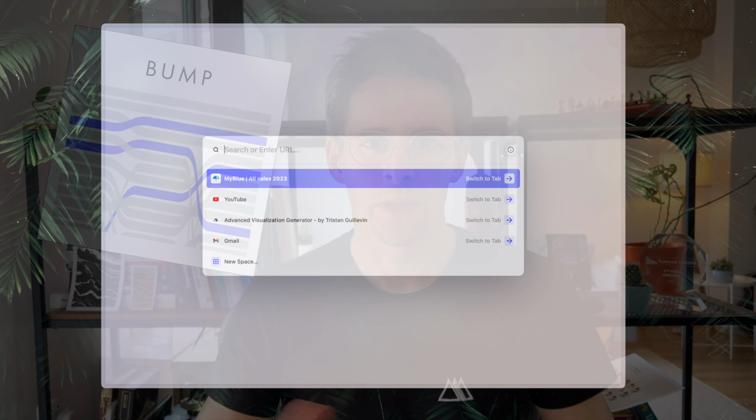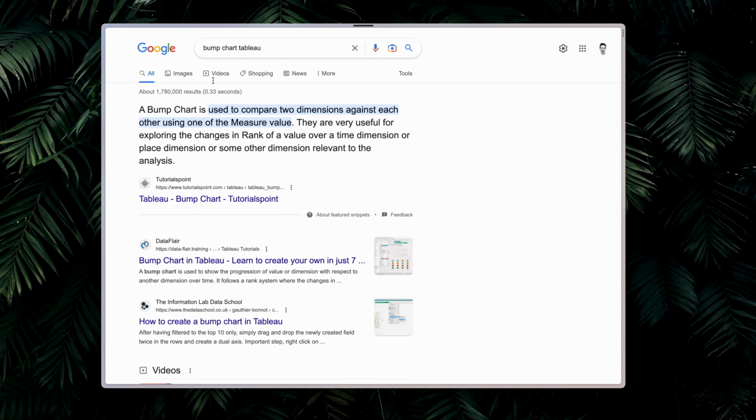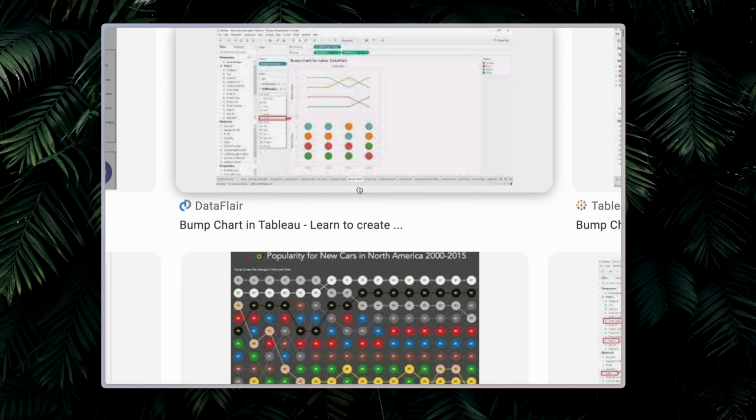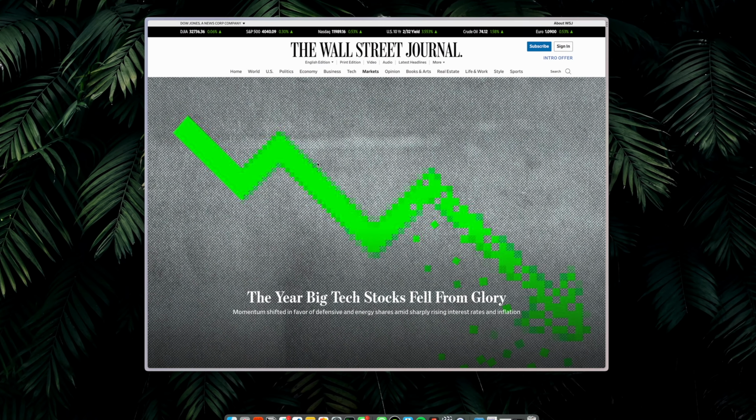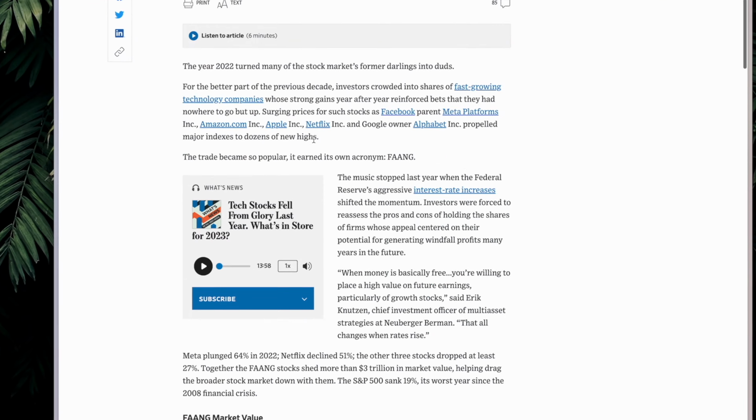Today we are going to create a bump chart together in Tableau. Bump charts are not new in Tableau, and if you search on Google you will find a lot of different examples. All the examples always use the same technique of making lines and circles and combining them with a dual axis. But recently I saw this article from the Wall Street Journal, and if you go in this article you